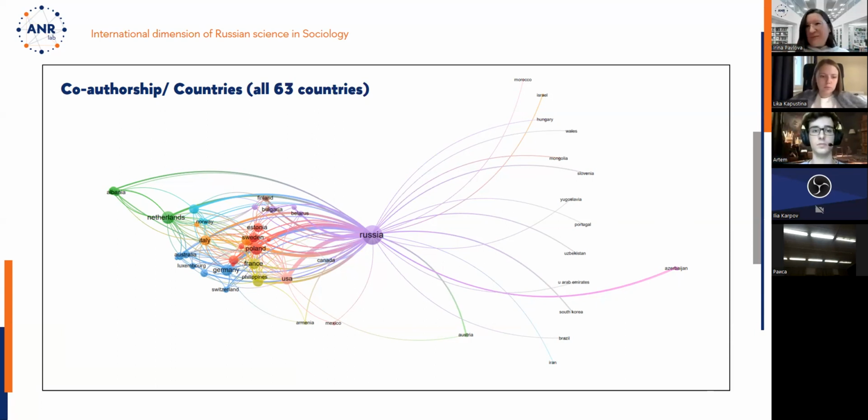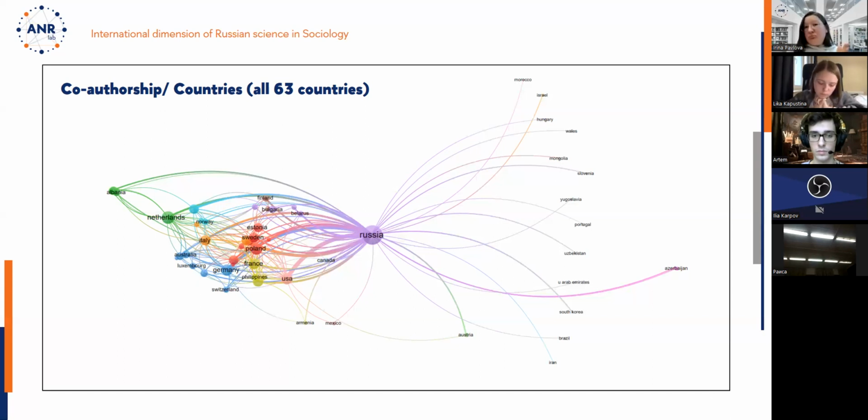So this is the right part. And there is a group of countries collaborating on so-called multilateral basis. Here we may assume that if you collaborate with a researcher from, say, Sweden or Poland or France or the United States, it will be more likely that you will become a part of multilateral project collaborators, or an organization from this country may become an intermediary for enhancing collaborations on this multilateral basis.